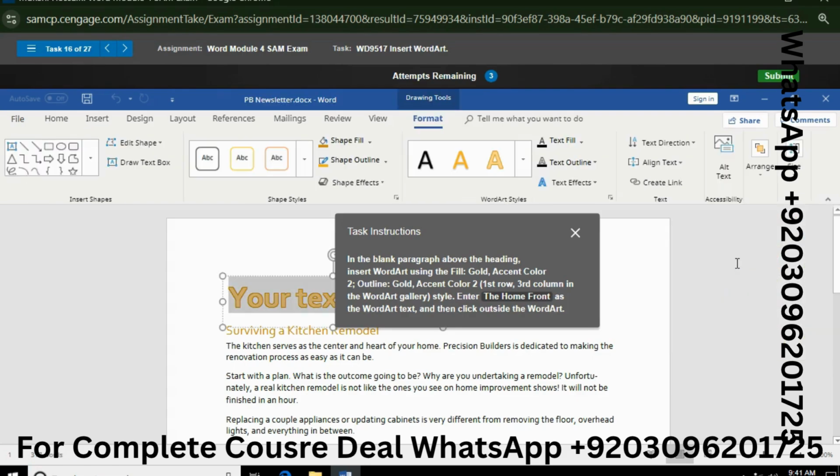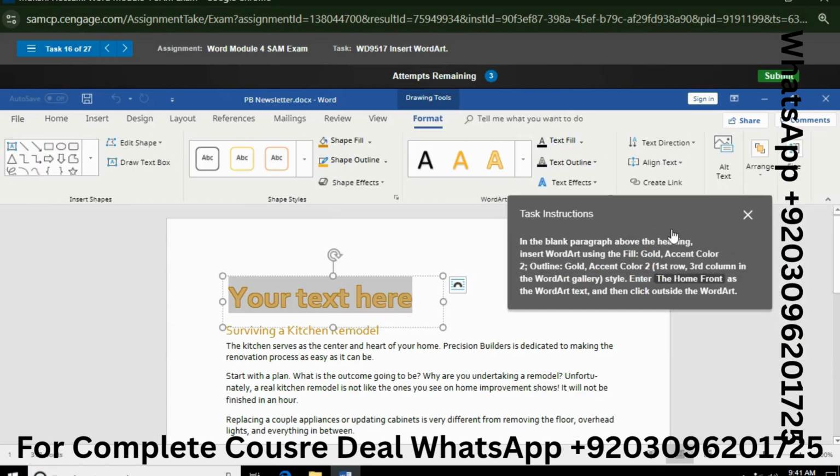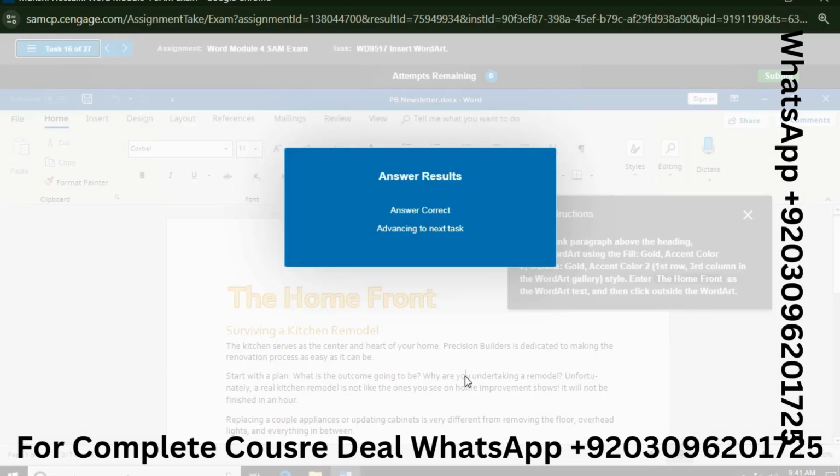Yeah, and now type The Home Front as the word art text and then click outside the word art. So our answer is correct.